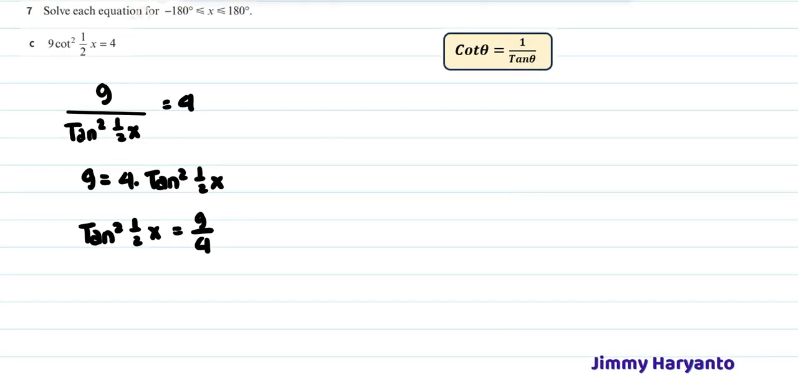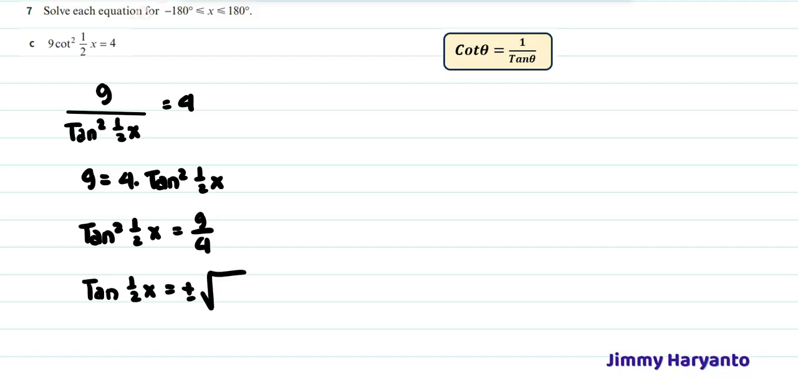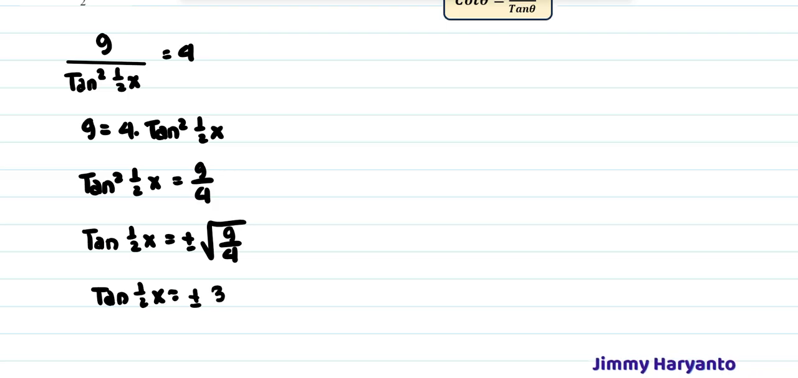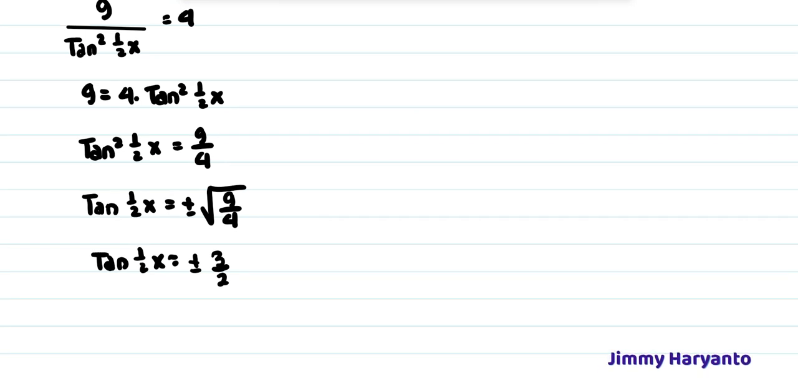And then after this I can remove the square, so I will have tangent half x equals plus minus the square root of 9 out of 4. So tangent half x equals plus minus 3 over 2. So the values are plus 3 over 2 and negative 3 over 2. And then we have to find the basic angle. The basic angle for this one is